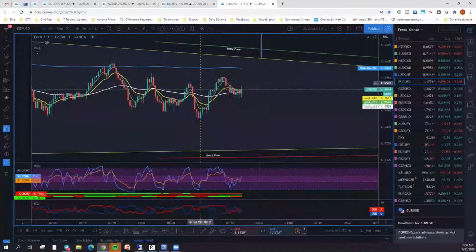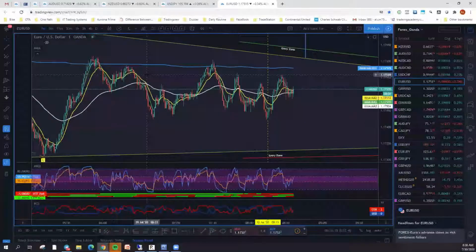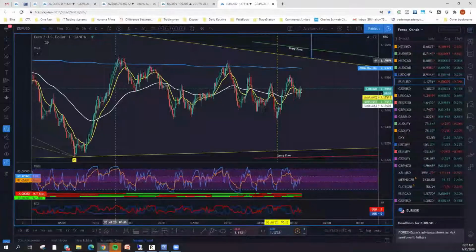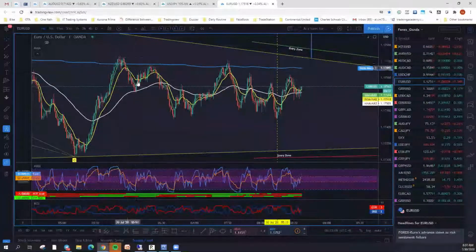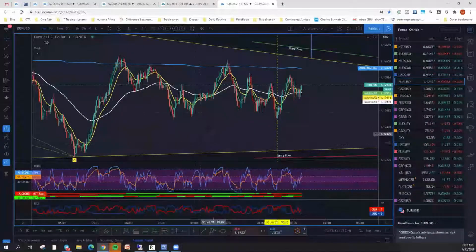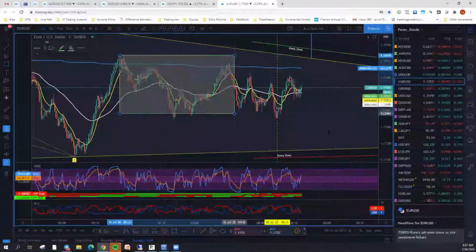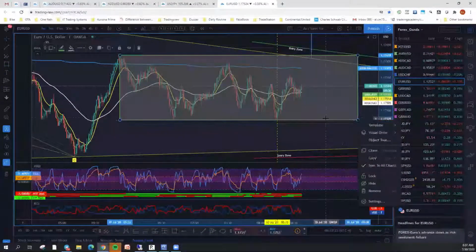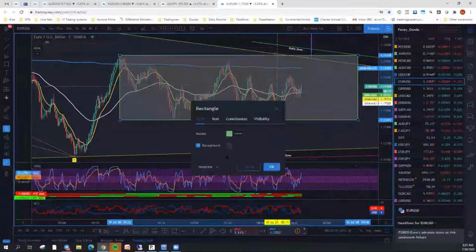But basically, right now we're in a box. And we discussed this a little bit last night, where you're really looking to see, the market either trends up, it trends down, or it trends sideways. Right now, it's trending inside of a box, which is going sideways. So if you look at this pivot high, and you look at this pivot low down here, that's our box. Let's take this background off.